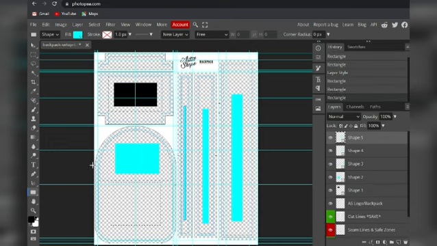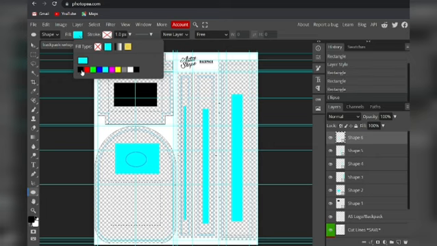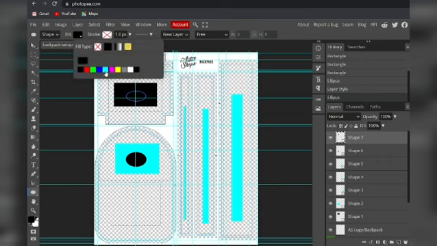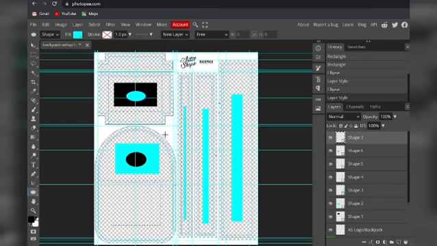And you can then use another shape tool. I'm going to use another shape tool over here, the ellipse one. I'm going to make a little bit of design over here. So I'm just going to place it over here, and I'm going to change its color to black because it should be visible, right? And then I'm going to place one more ellipse tool over here, and I'm going to play around with that, and I'm going to change its color to sky blue. Now you can see we are done with this. We have placed the art. We have used the shape tool to design this particular bag for the sake of this tutorial. Once you're done with that,